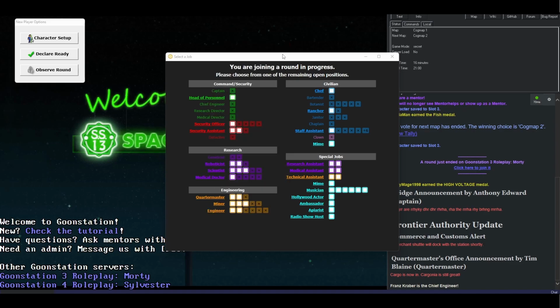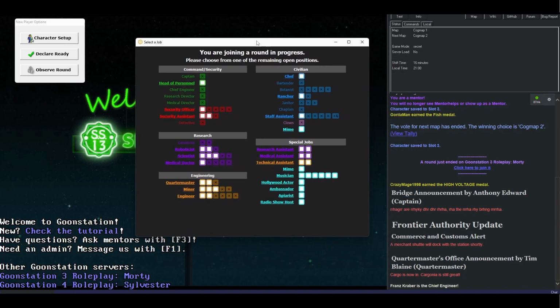So just close that. As you can see now, it says you are joining a round in progress. Please choose from one of the remaining open positions. So now you can choose any of these. For example, head of personnel is still open, so I could join the round as that, or chef or rancher. I'd recommend just joining as either the staff assistant, or you could always join as one of these gimmick ones,